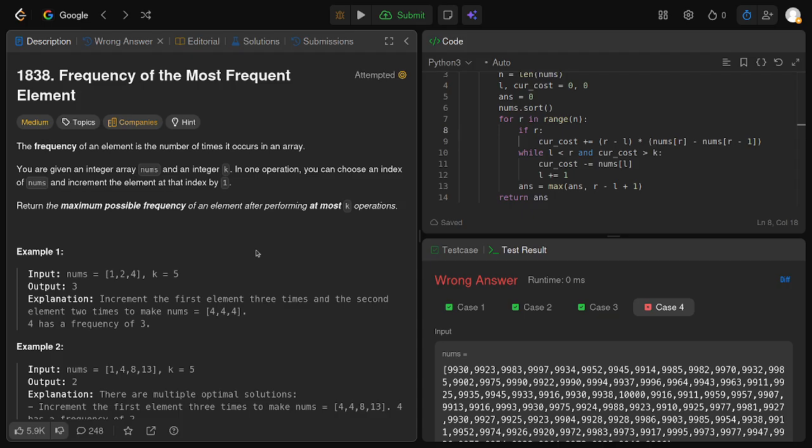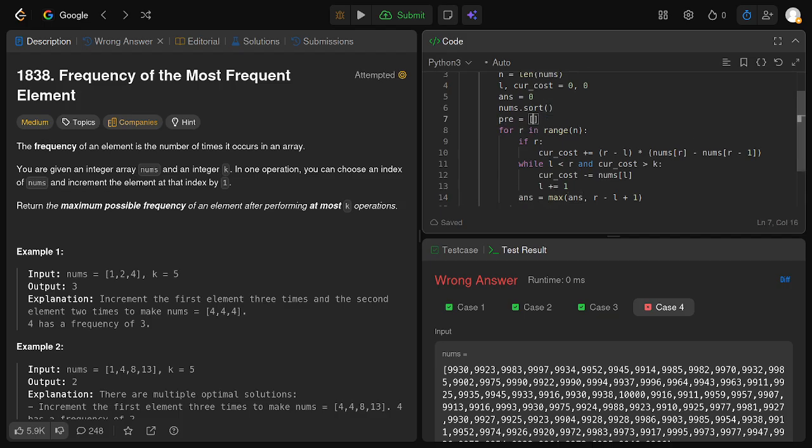Now we will just need to check in O(1) the number of operations necessary, but that's easy because if we have a segment and we know the last number and we know the prefix sum of the rest of the segment, then it's basically the length of the segment times the last number minus the first n minus 1 elements of that segment, if that segment has length n. So for that we need the prefix sums, we need to sort it, and then we need to do binary search. So let's do prefix sums